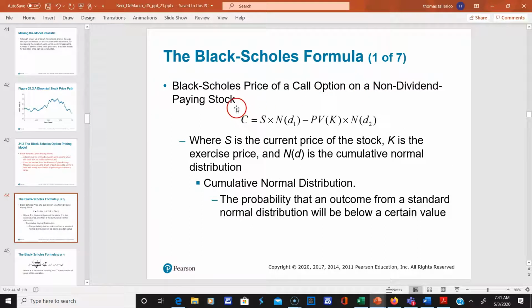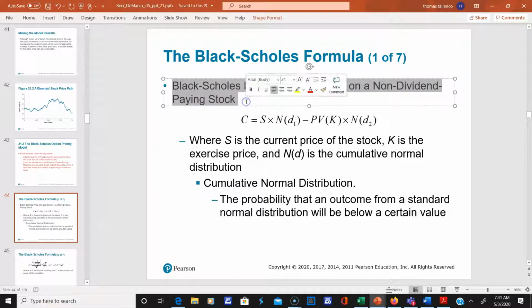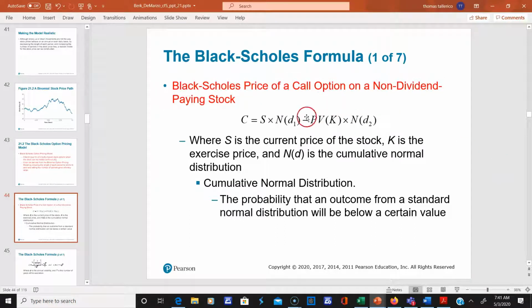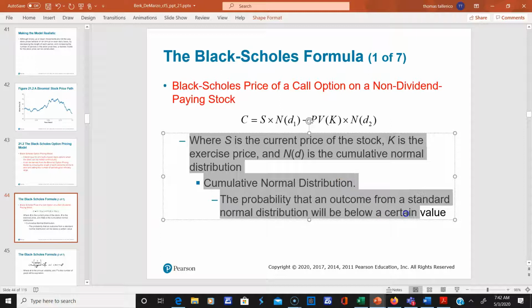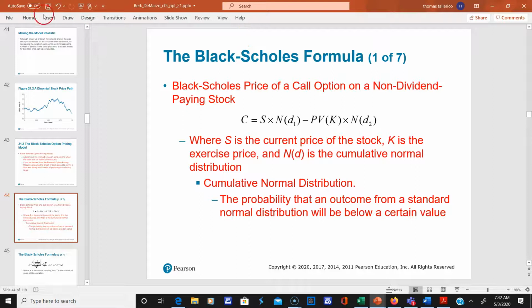All right, so here's the equation. This is important to know, not for you to solve, but important for you to know that it's a very simple equation which we can put in Microsoft Excel. And here's the stock price, and there are some probability terms involved. And here's the strike price, right? K is the strike or exercise price. And there are a couple of normal distribution probability terms in there. And that's basically that for that. So you just have to know that